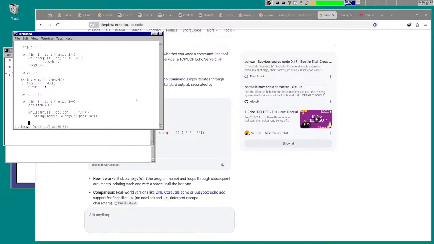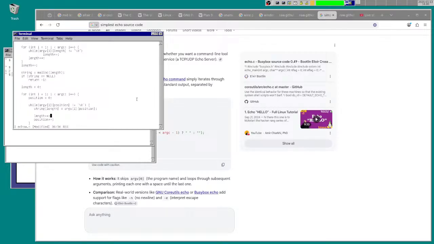And then we want to increment both of those. Length plus plus and position plus plus. We're incrementing both of those and continuing in our loop. And so I think all those would end up in there.